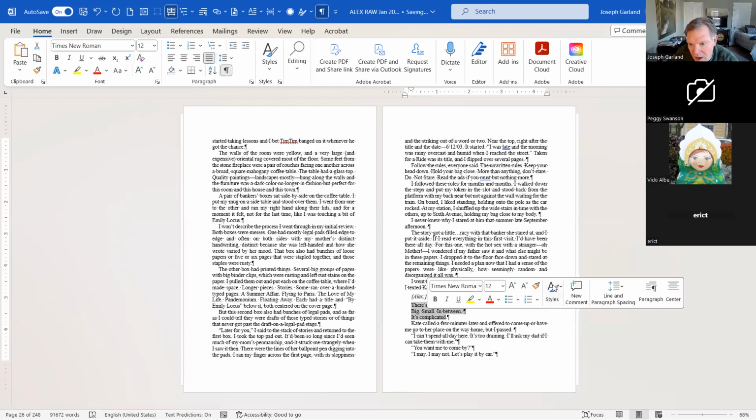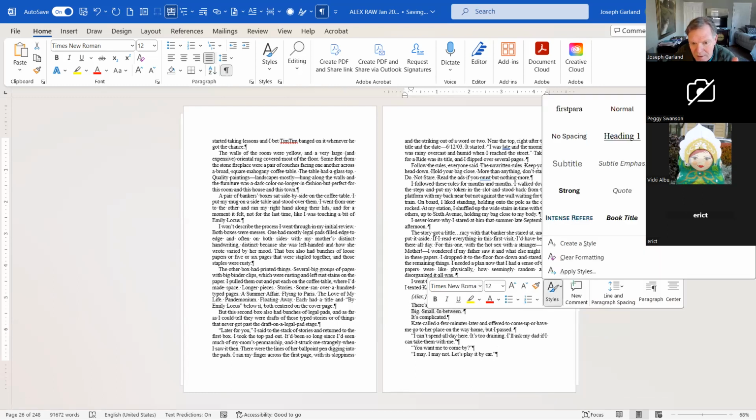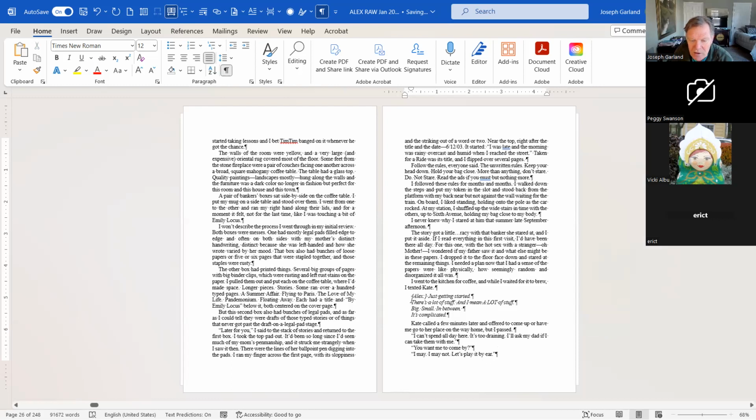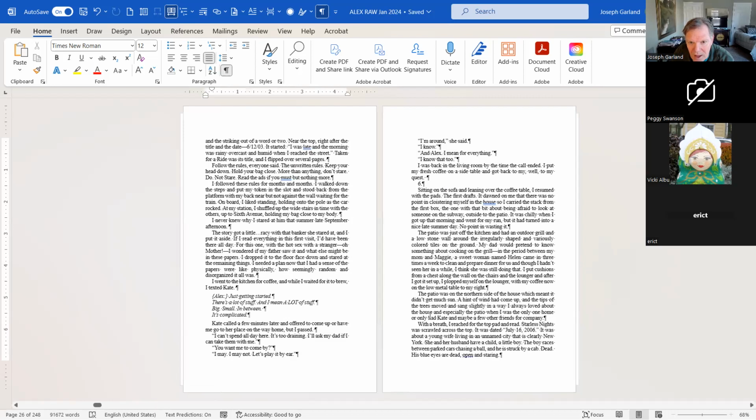Okay. So then I go style. I put it all together. Now you see why I put that check mark on do not put a space in. And this is a preference. Do not put a space in for the items of the same style. So because the line after Alex just getting started is in the same style, texting, it did not put a 6 point after it, but because the prior paragraph is text, it did put that. And then the last line, because the next paragraph Kate called is also text, and this is texting, there are different styles. That's where it put in the 6 point gap. Okay, so